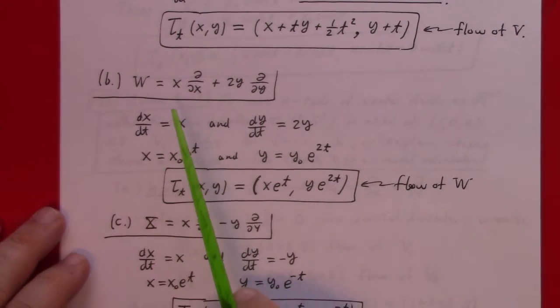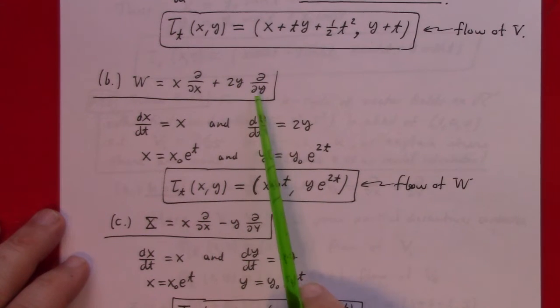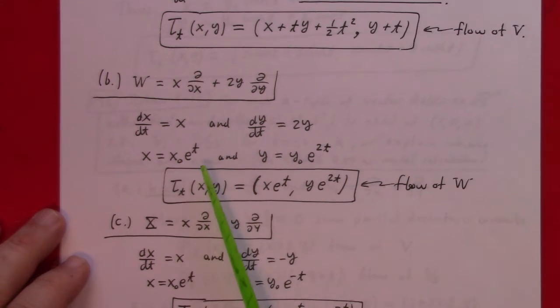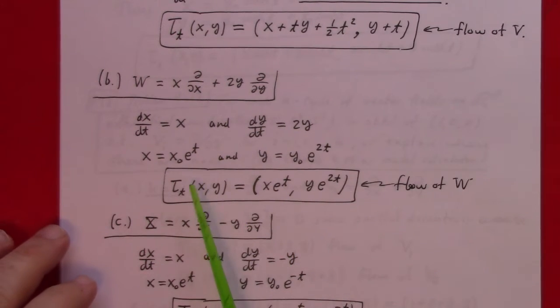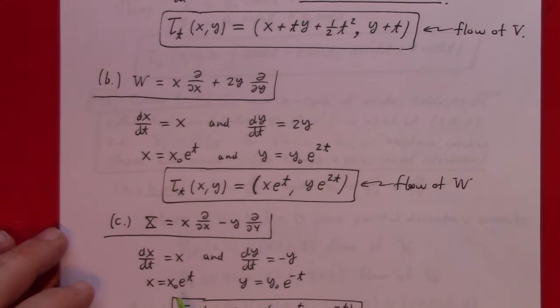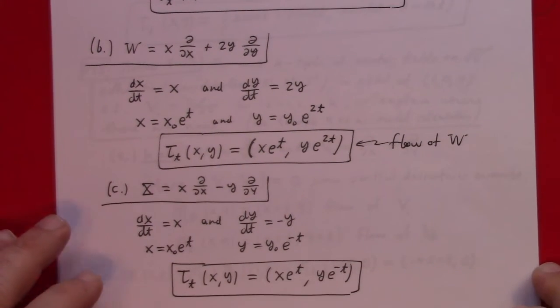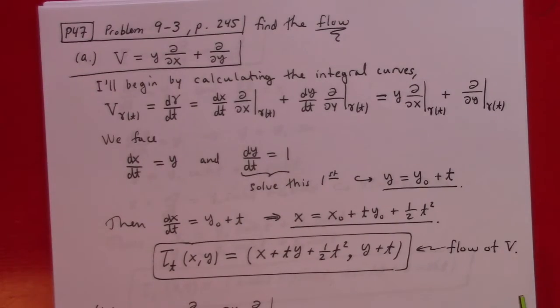And so here's another one, like this vector field. We get dx dt equal to x, dy dt equal to y, but you should recognize that as being the exponential and the exponential 2t solutions. If you don't believe me, separate and integrate and fit the initial condition, but I'm content to write down the solution and notice that if I plug it back in, it works. And so there's your flow. This one, we've got dx dt is x and dy dt is minus y, which gives me a positive and a negative exponential and gives me that flow. All right? Great. Next up,